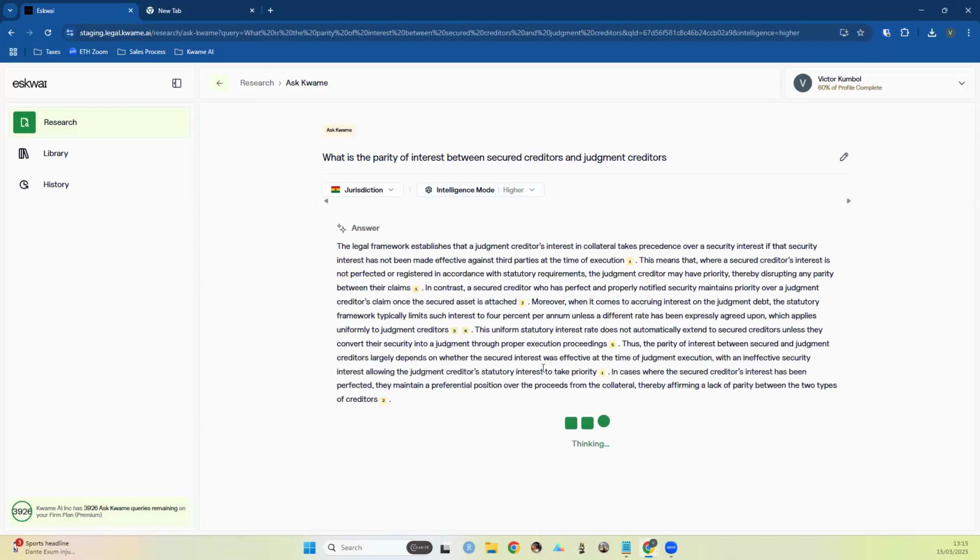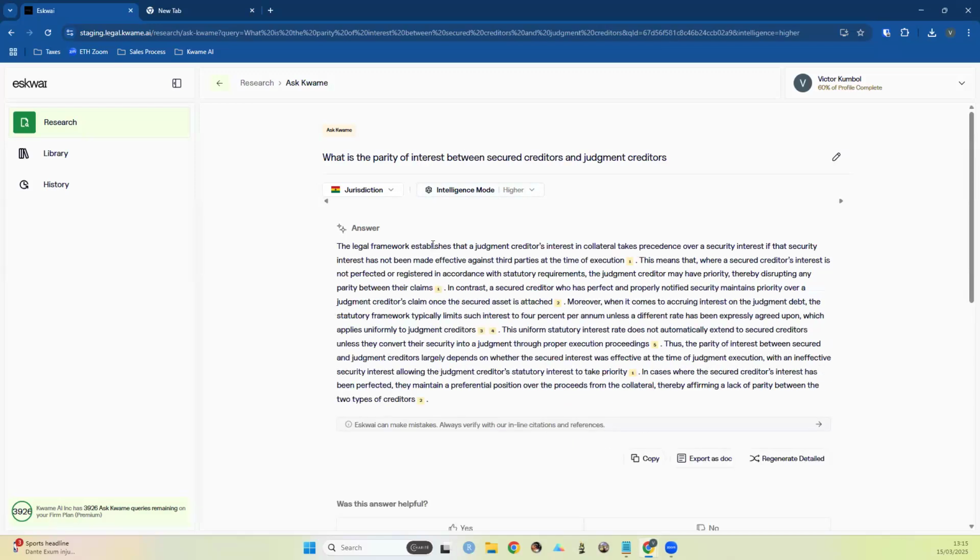But basically, you get this answer now, and this answer is coming from our higher intelligence mode. Like George said, this is using more advanced AI models that give you a more accurate answer, but you have to wait a bit longer because it takes longer to process.